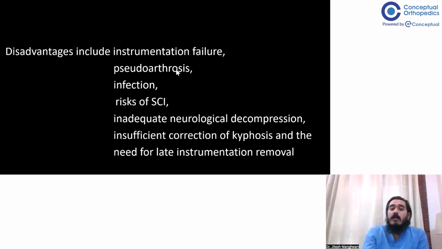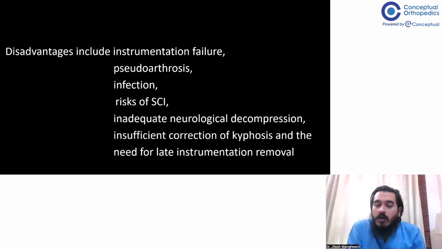What are the disadvantages? Instrumentation failure is something that is known with this approach. Pseudoarthrosis, or failure of union or fusion, is also known. Infection, risks of spinal cord injury, inadequate decompression, insufficient correction of kyphosis, and the need for late instrumentation removal. So these are all the disadvantages with the anterior approach. The major disadvantage of the anterior approach is not a complete correction of kyphosis, I would say, and also